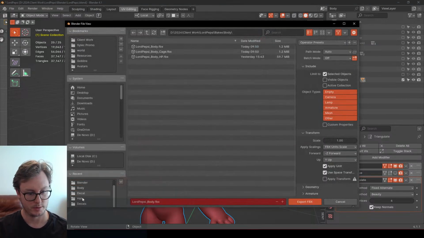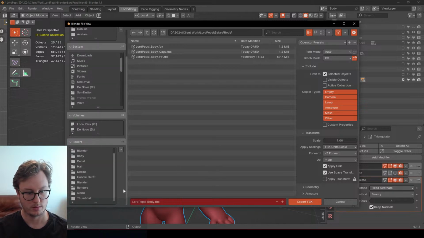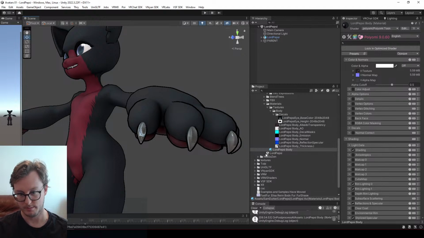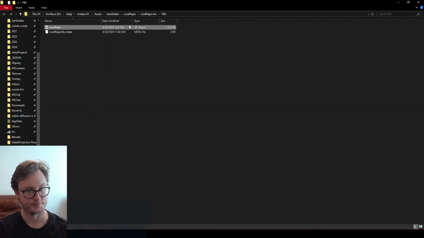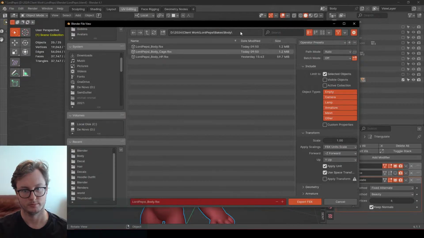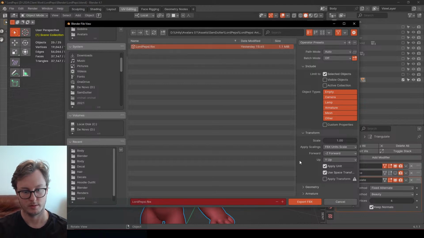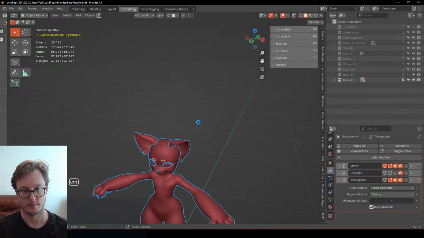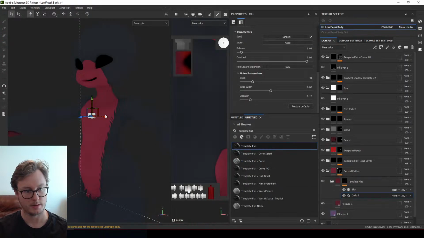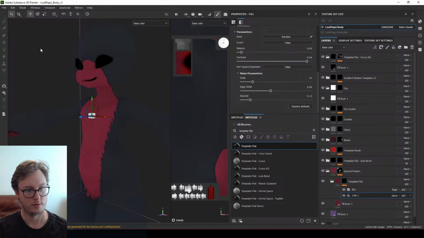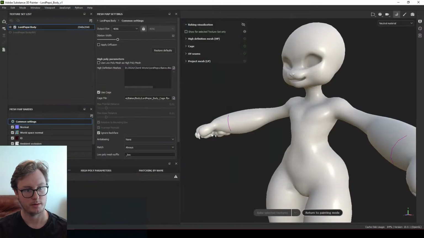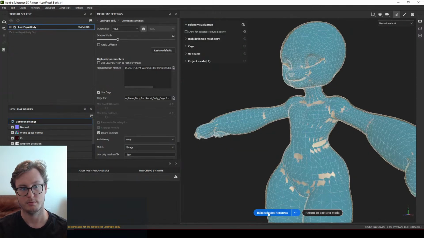Then we'll export directly to Unity so we can see what's going on. All right, Substance Painter, refresh, mode, bake, and